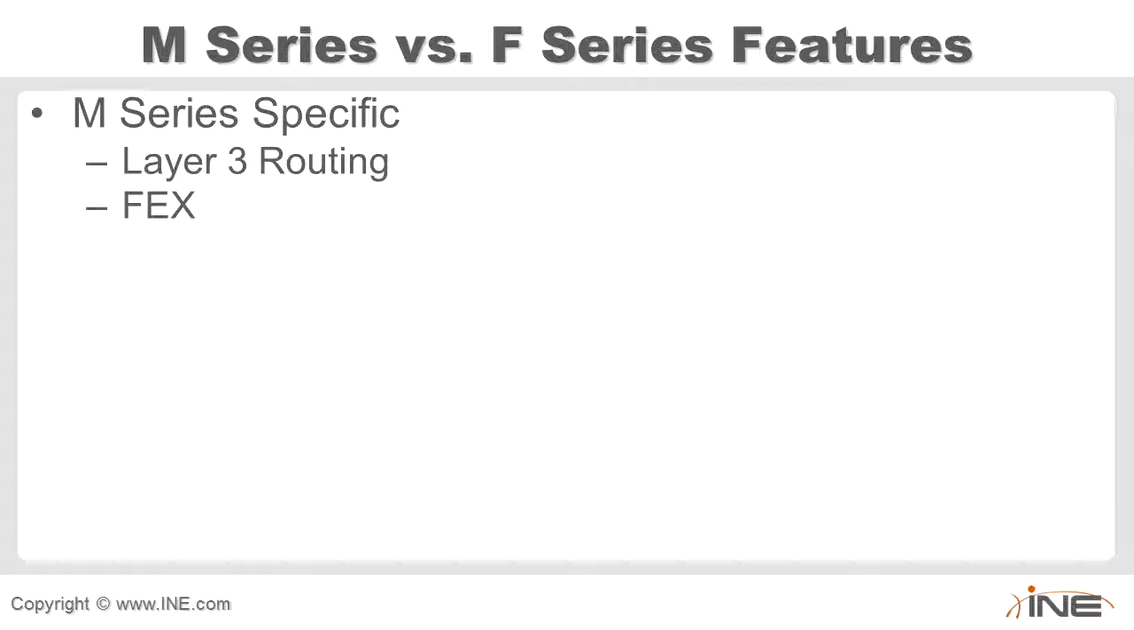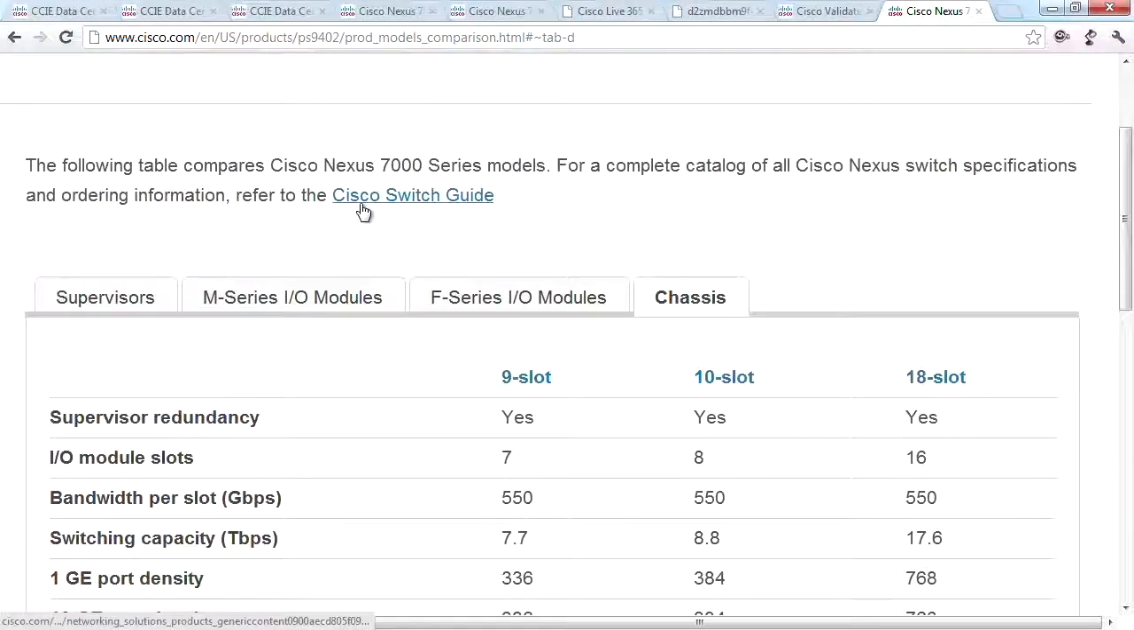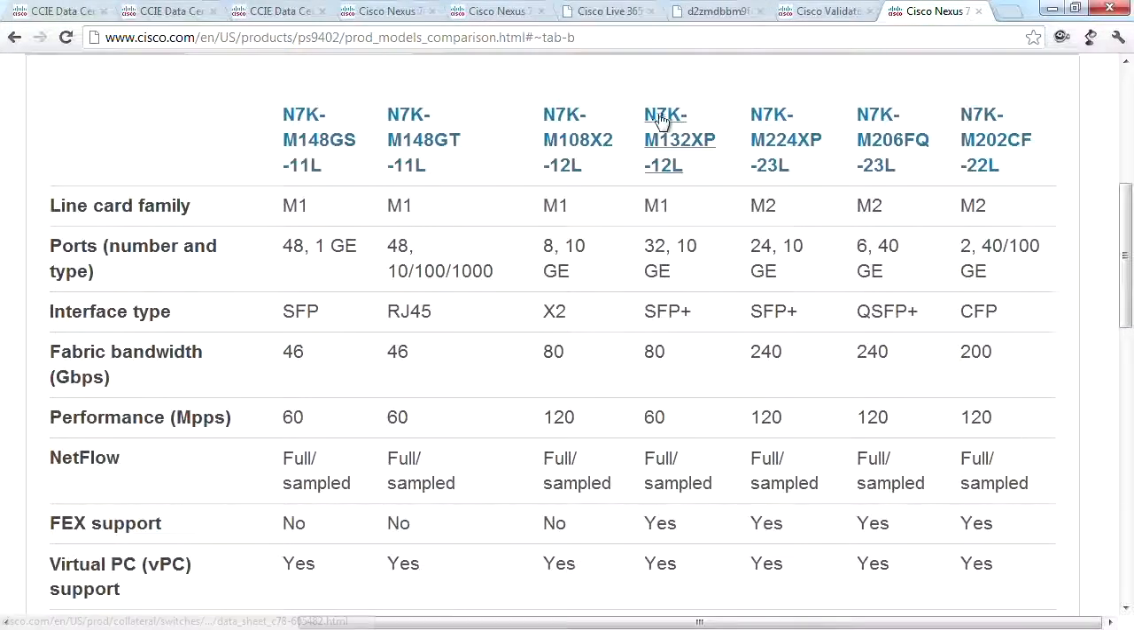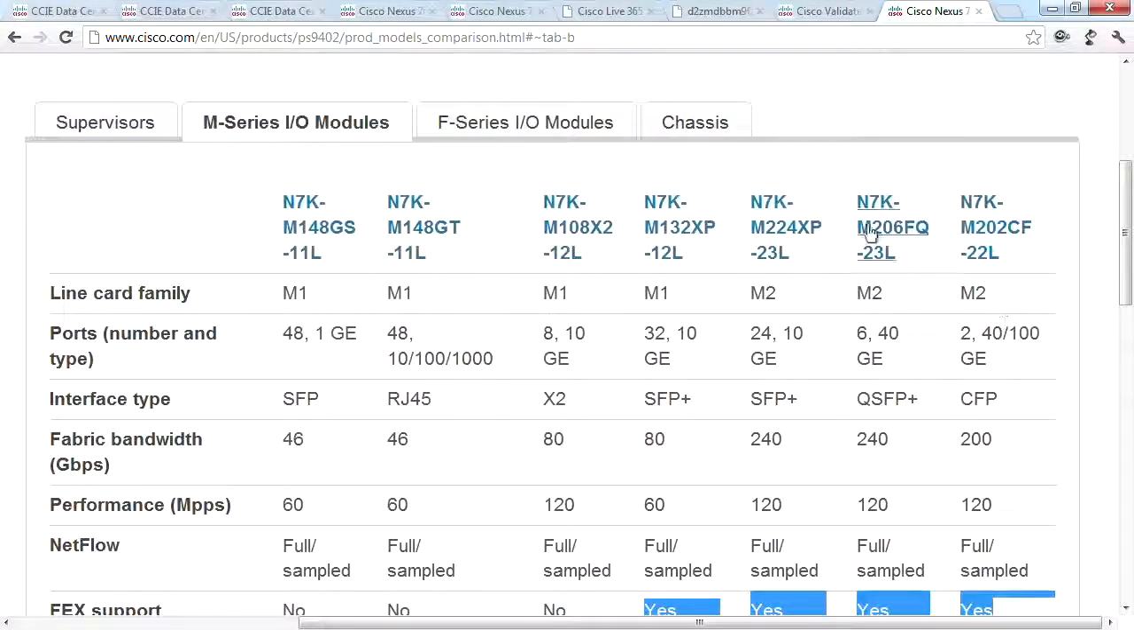But we'll also see that there are some additional features that you can do on M and you cannot do on F. One of them we'll see today is for the fabric extender modules. You'll also see this on Cisco's website when you go to the data sheet or the comparison about the different modules. If we were to go to M here, the particular card that we're using is the M132, which is a 32-port 10 gig layer 3 line card. And you'll see here that this one does support the fabric extenders,